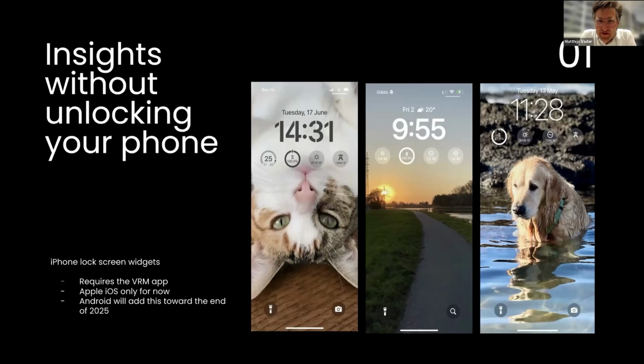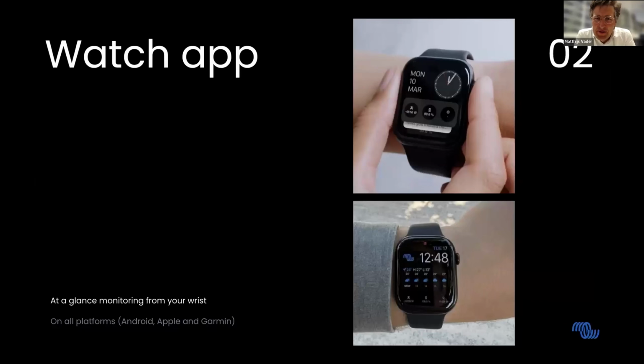And then next, for smartwatches, we've done something very similar. So on a smartwatch, and I don't have one, I'll have to admit, but on a smartwatch, there's the faceplate. And on the faceplate, you can see the time and the date. But then as a user, you can configure other information that you'd like to see there. Very common is that people there show the weather or show information from their electric car, how full the car is, or other data they want to see without having to open the actual app. And now it's also possible there to see data from your Victron system.